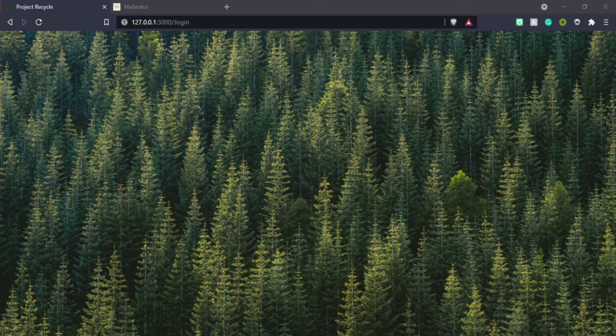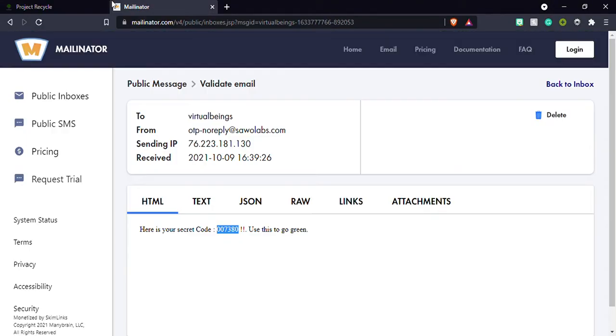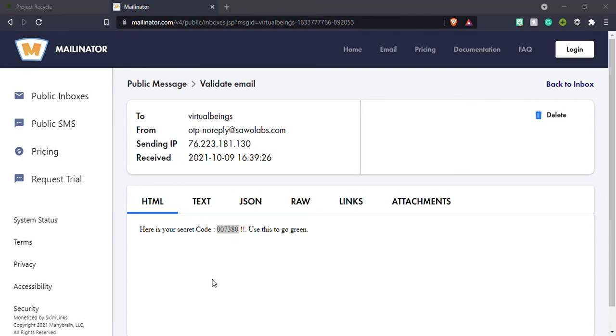As we said in our presentation, we mainly focused on three things. Sign in, which I will show you using my Mailinator and the Sava Labs API. Bulk code, which I have shown you here, and it is also saved in the Mongo server. All the bulk codes are saved here, like the recent code I made with three tokens. I can get all three tokens here if I want to check or confirm anything.